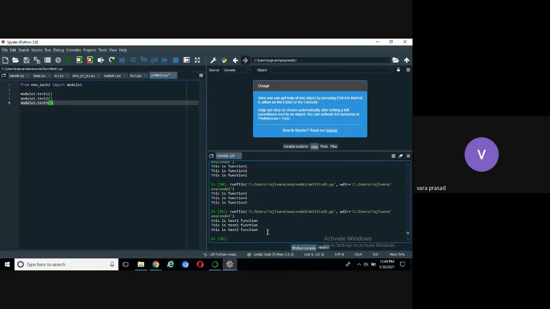So far, if we type from module name import a function, can we also give a different name to the function? Actually, I did not try that one, but you can try it at home. Next class, you can give the answer.